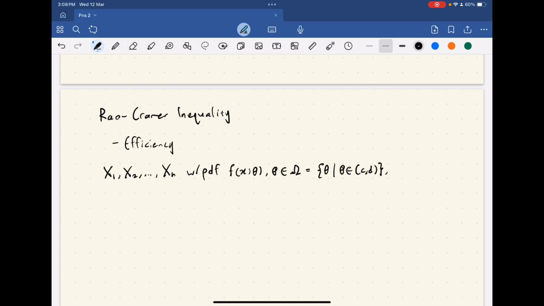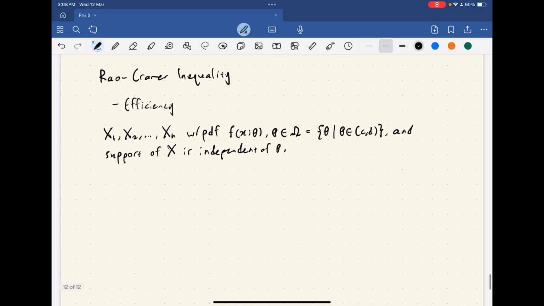The support of x does not depend on, it is independent of theta, so that we can differentiate with respect to theta under integral signs. If Y, which is a function of the sample here, is an unbiased estimator of theta,